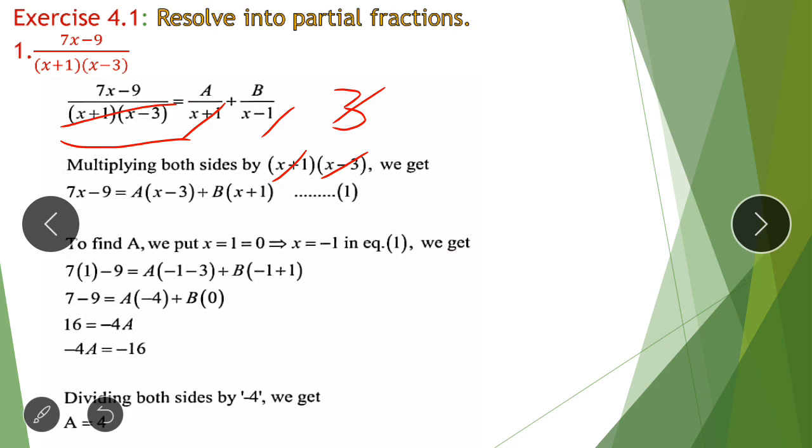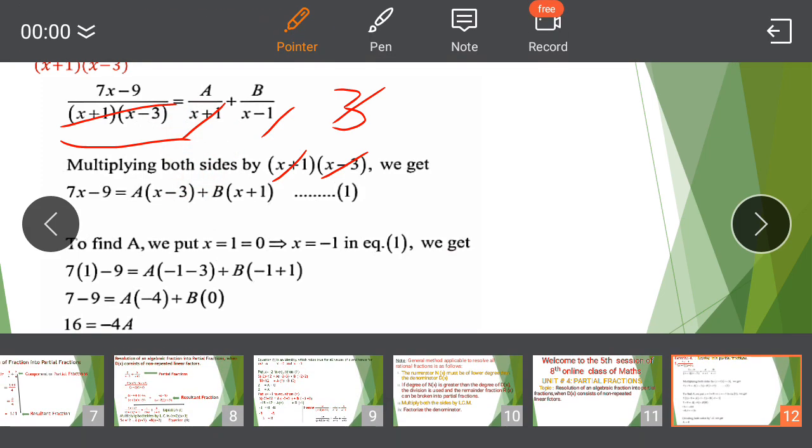But here we will just take some particular values of x which are in the denominator. So the values of x we can derive from the denominator. x is equal to minus 1 will be one value, and x is equal to 3 will be the next value of x. By putting these values in the equation, which is an identity equation, we can find the values of A and B, which are the requirement. So let's put x is equal to minus 1 in equation number 1.